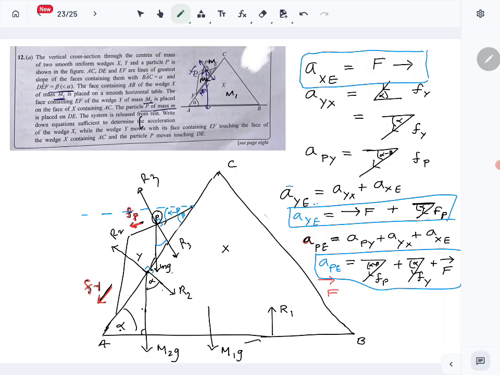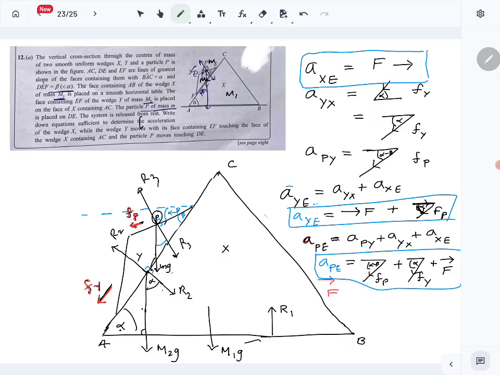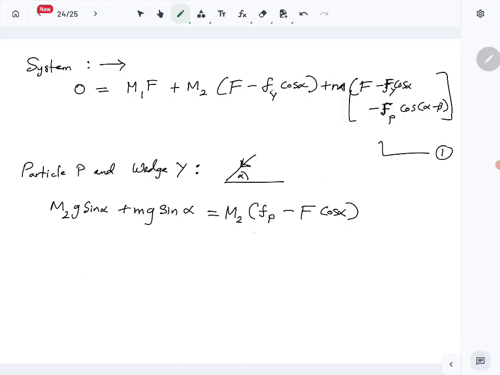Then capital F's component in that direction is going to be negative. So negative F cos alpha, right? So that one is done. Then plus